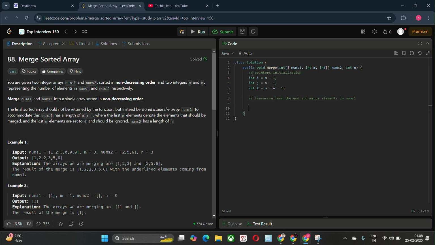Okay, so take a loop: while j is greater than or equal to 0, and if nums of i is greater, then move it to the end.